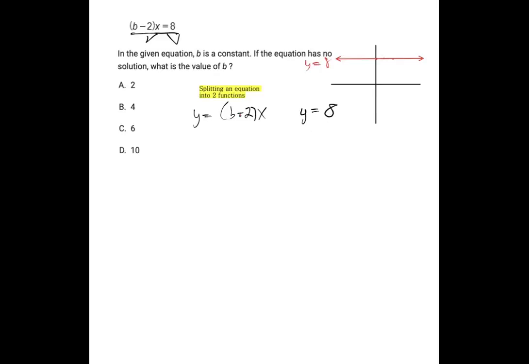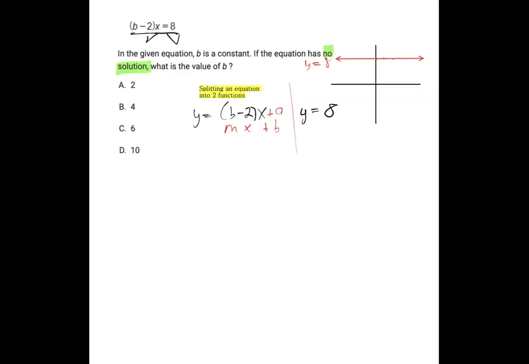So now for the one on the left, believe it or not, that's actually in y equals mx plus b format. So the slope is the b minus 2 and the y-intercept is the 0. Now, with all this background information, it makes sense that they're saying that there's no solution here because there are